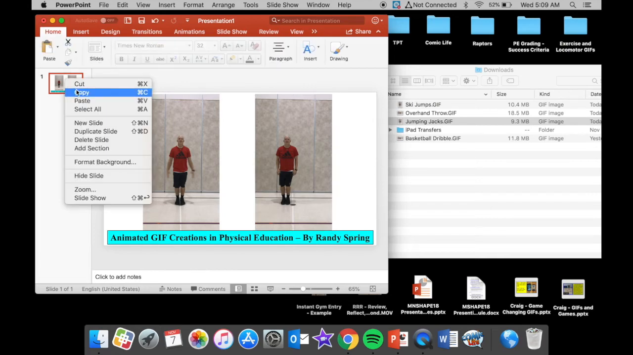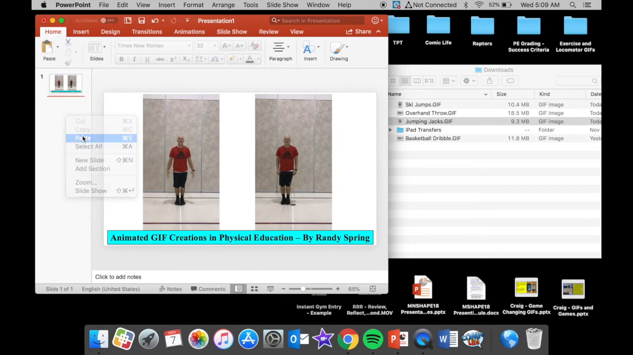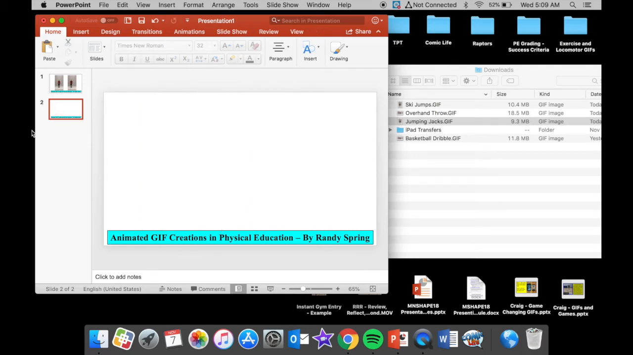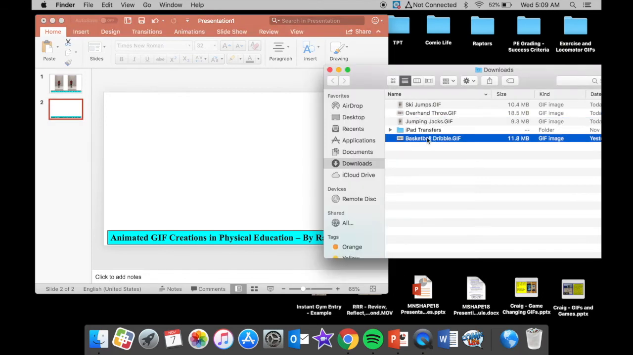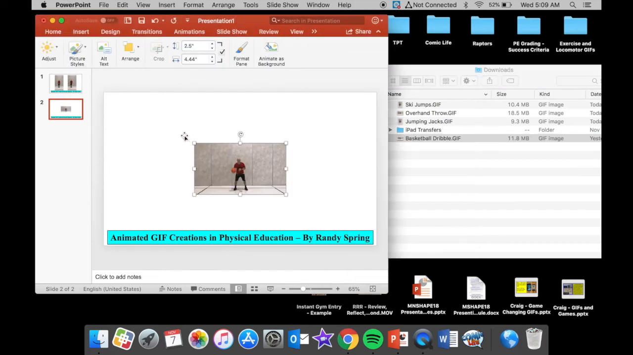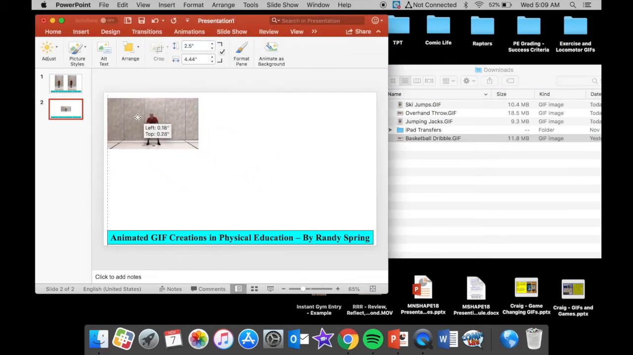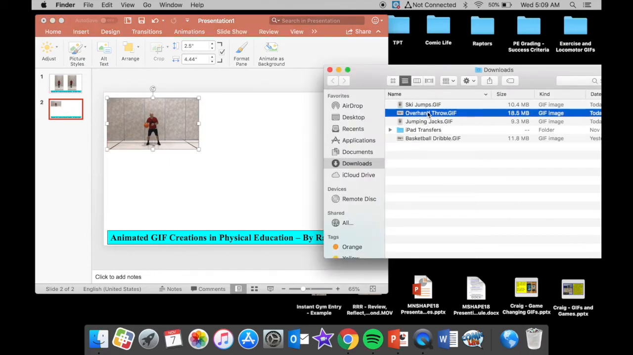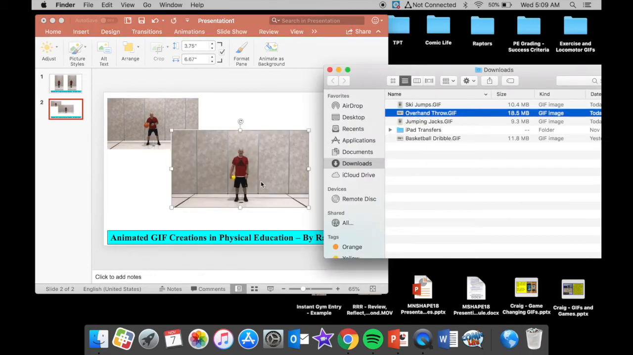So I'm going to make another slide that's going to be more focused on manipulatives or skill specific things. So I'm going to drag over, I'm going to click on basketball dribble, I'm going to drag that one over, manipulate it how I want to, and I'm going to drag over the overhand throw. Alright, perfect. Now I'm going to exit out of this downloads thing here too,